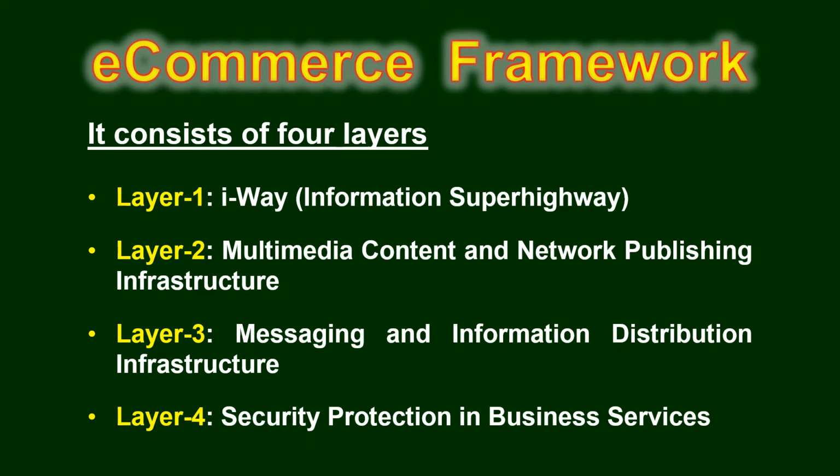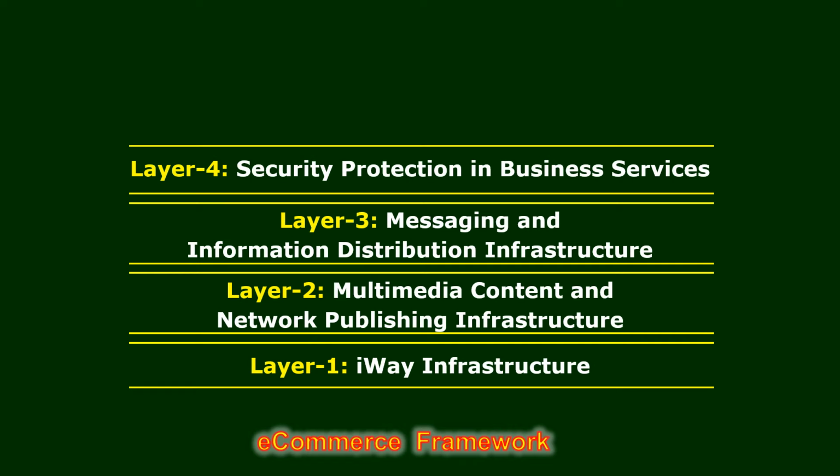These four layers are arranged in this way. So at the bottom there is layer 1, that is known as highway infrastructure, on top of which there is a second layer that is known as multimedia content and network publishing infrastructure, above which there is layer 3, messaging and information distribution infrastructure, and on the top there is layer 4, that is security protection and in